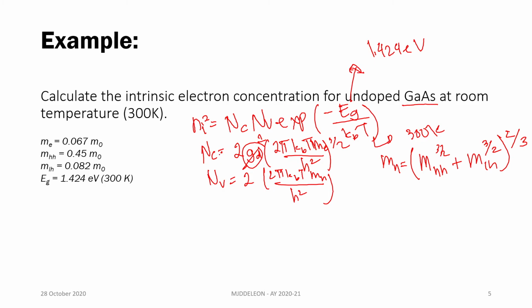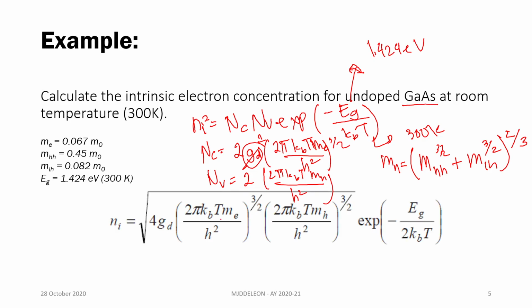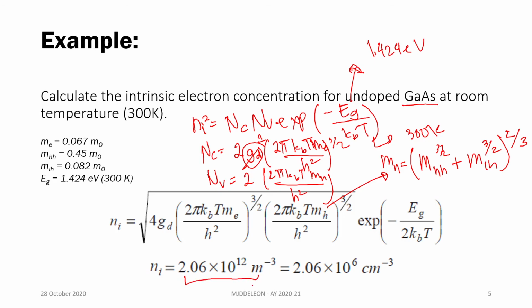Simplifying, putting this expression here and here, we'll get ni. ni will be equal to this one. Our mH is this. And solving for this one, we'll get that the intrinsic electron concentration for undoped gallium arsenide will be equal to 2.06 times 10 to the 12 per meter cube, or 2.06 times 10 to the